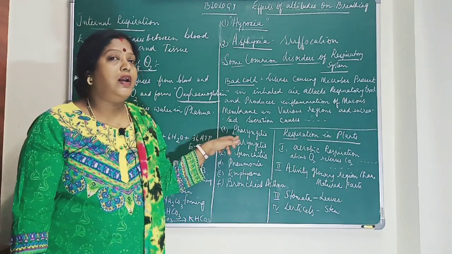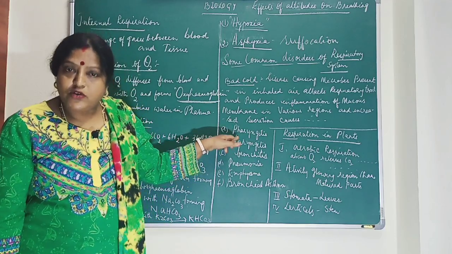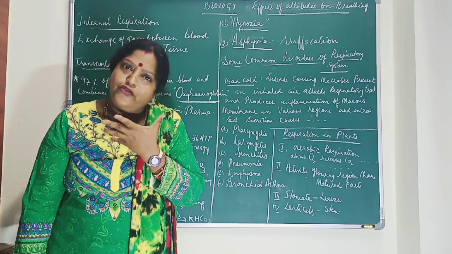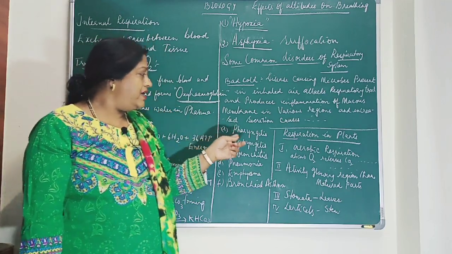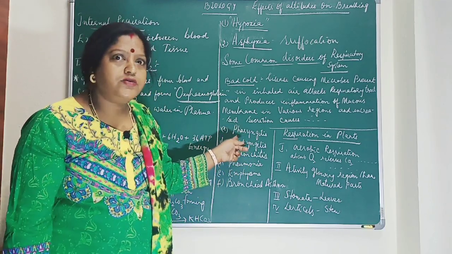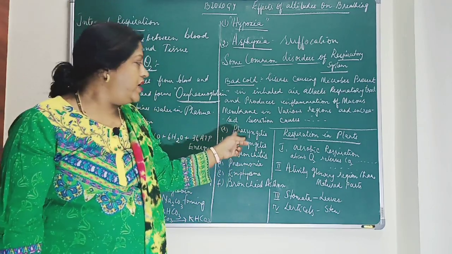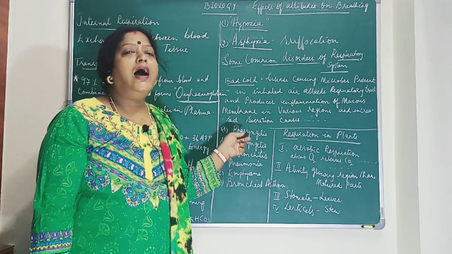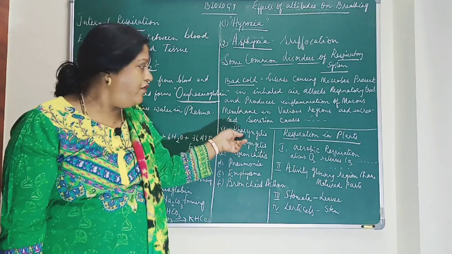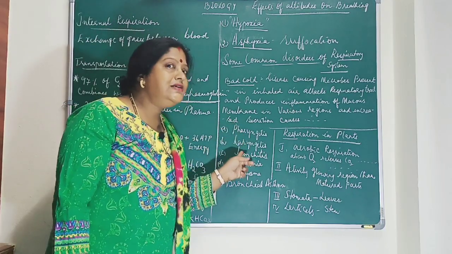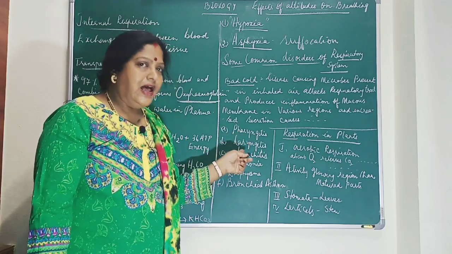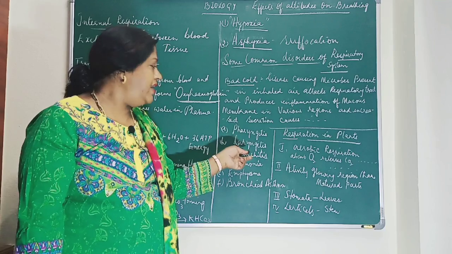This is also called tonsillitis, children. That is enlargement of tonsils. Next one is laryngitis. Pharyngitis is also called sore throat, and also called tonsillitis. This is caused due to enlargement of tonsils, and laryngitis is called hoarse voice. It is in the larynx, and this causes difficulty in speaking.